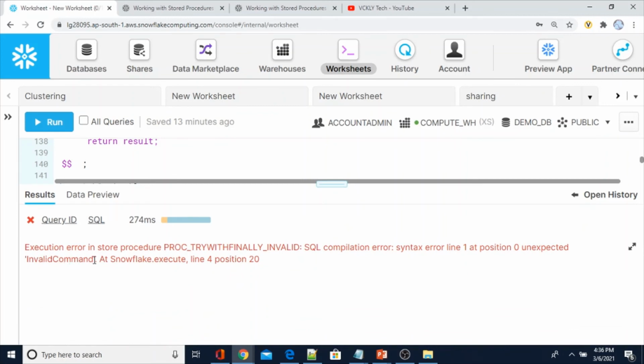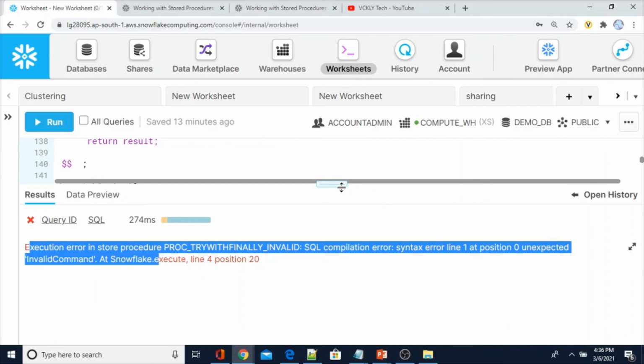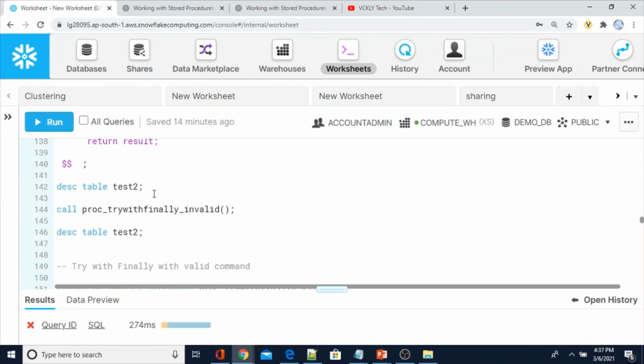Here, execution error in stored procedure: invalid SQL compilation error, syntax error at position 0, unexpected invalid command at snowflake.execute, because there is no catch block in this procedure. That's why we got the execution error. So what happened to the finally block?